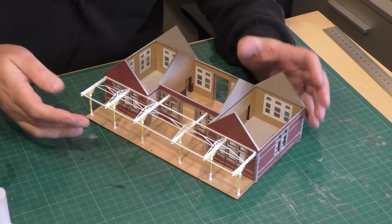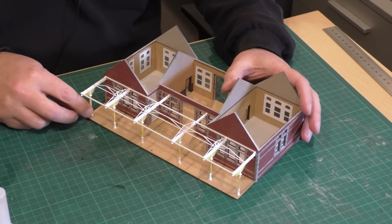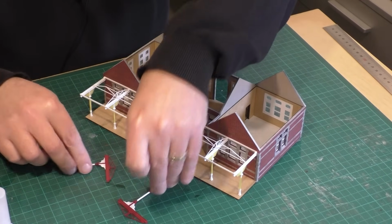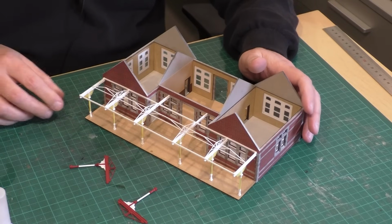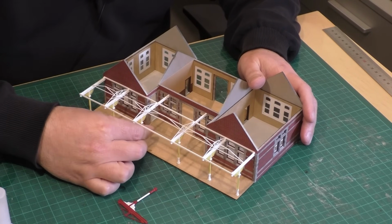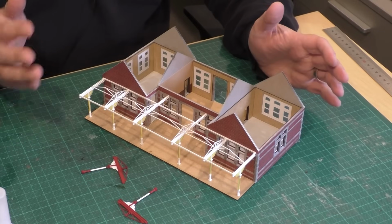So once I've done that, I'll also sort out the masking tape that's peeling away from the posts a bit, which is a bit annoying. It didn't actually do that on the tests that I did on these two test pieces here. For some reason it's doing it now. I'm not quite sure why, and I wonder whether it's the glue or the vapor in the glue that is causing it to lift up. Bit annoying, because I may have to reapply those bits of masking tape,